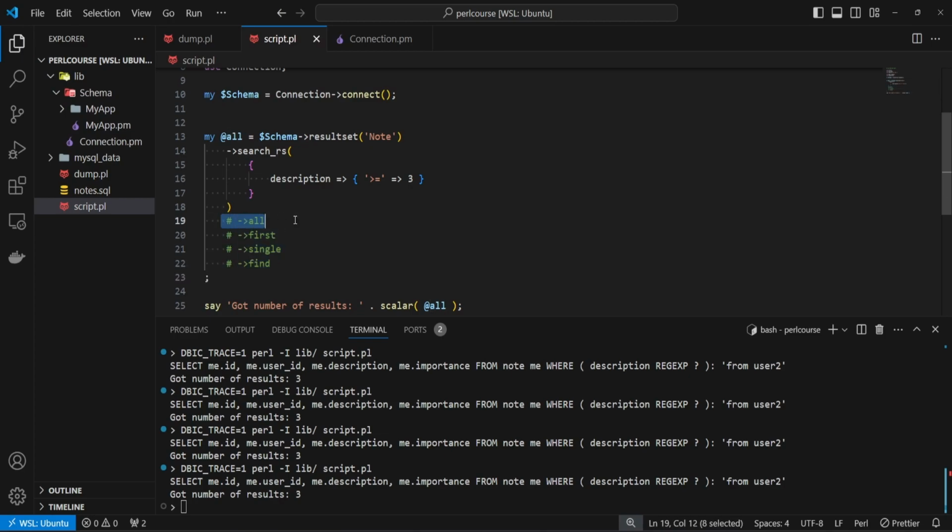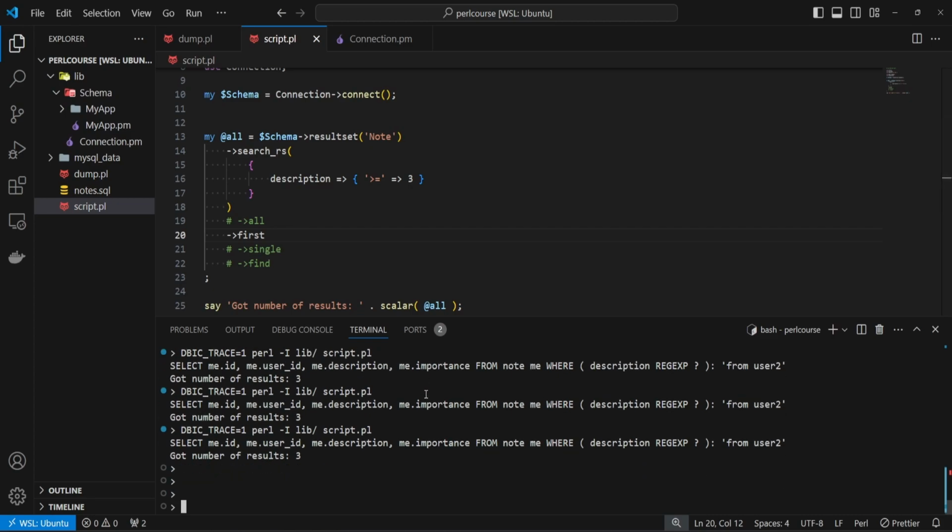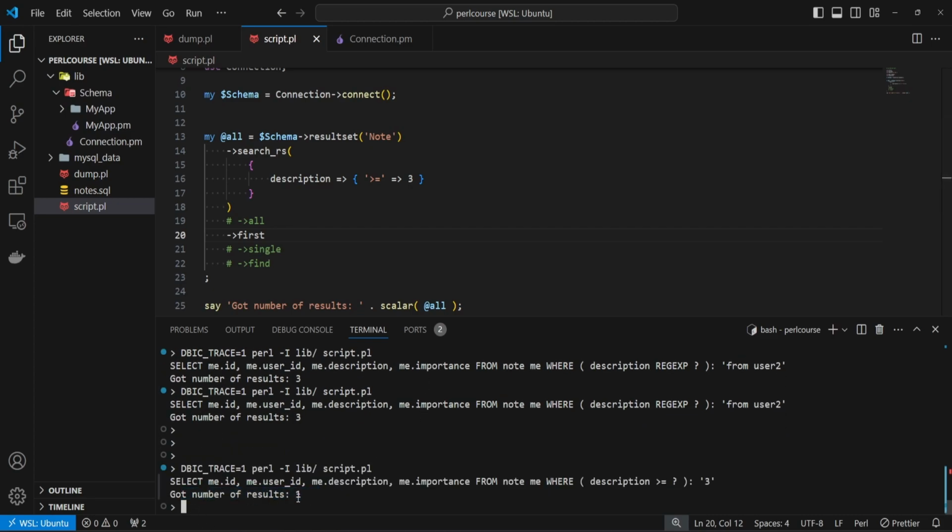Right, so we know what all already does. We just called it, so it just returns all the results. Now the second one, first, is going to build the whole result set behind the scenes, but it's always only going to fetch the first one, what is at the top of the result set. If I rerun this now, we're going to see that we got only one result. Well, this is also probably because we're applying a condition on the description that says, tell me where description is larger than or equal to 3. But if we